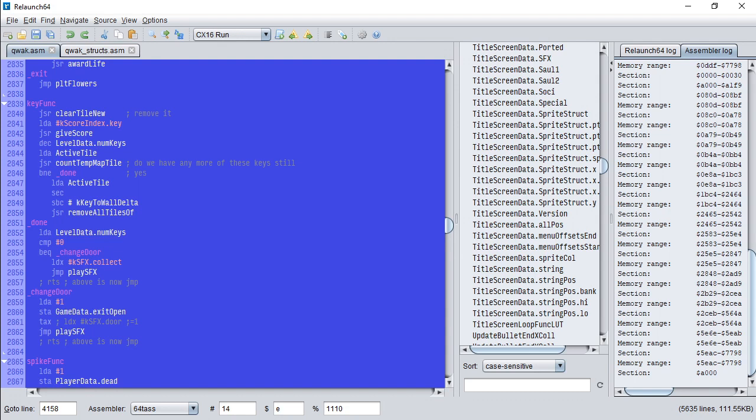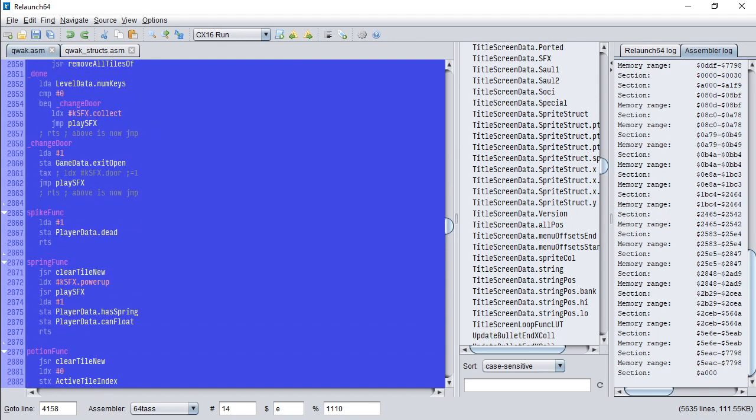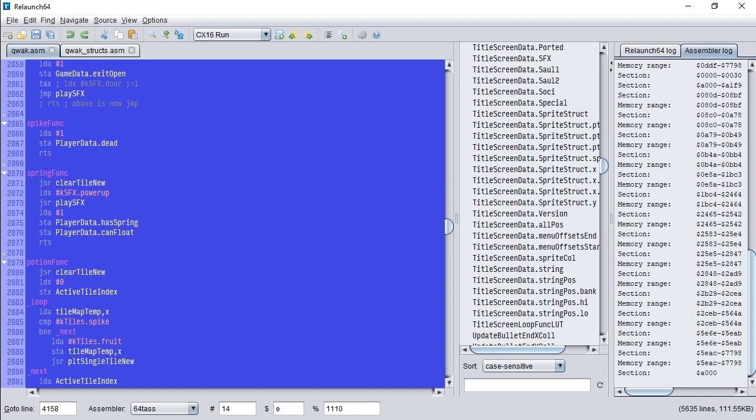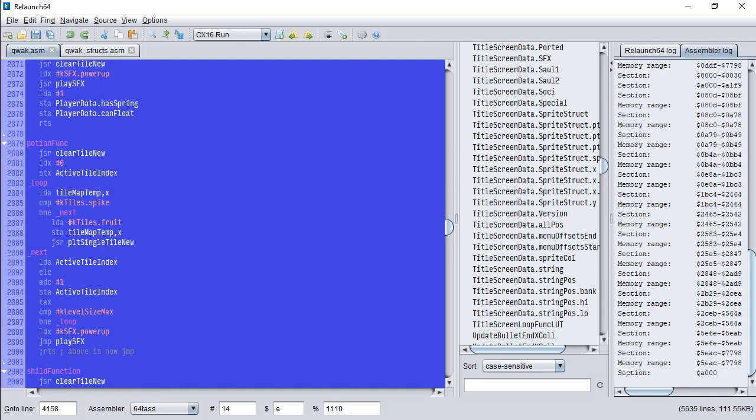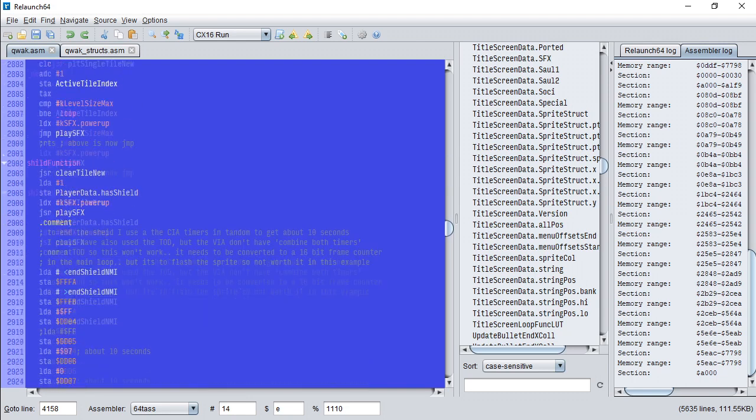So it scans through and finds all of those. If you hit a spike, you're dead. If you get a spring, unlock the floating power up. If you get a potion, it turns all the spikes into fruit. If you get the shield,